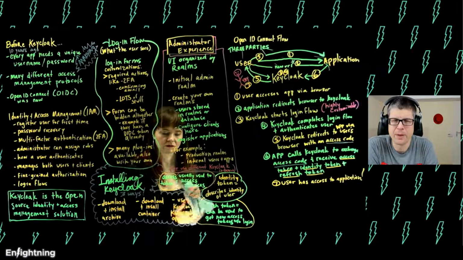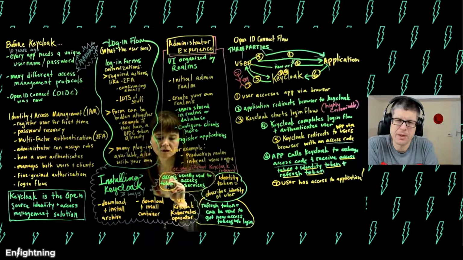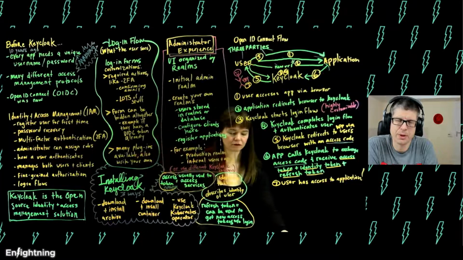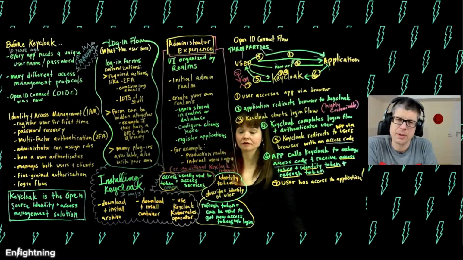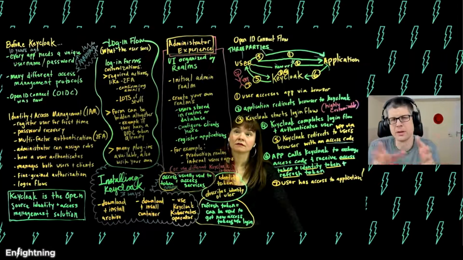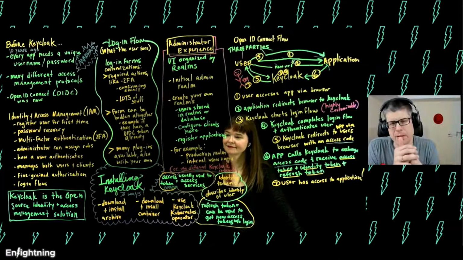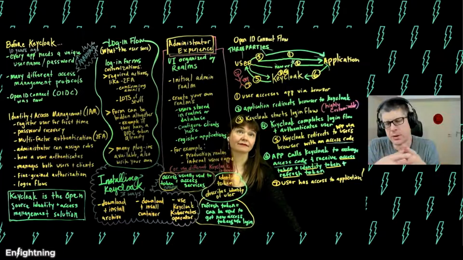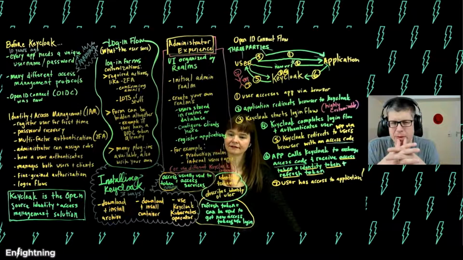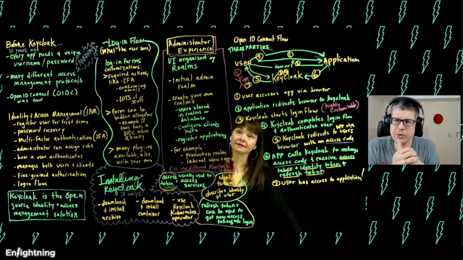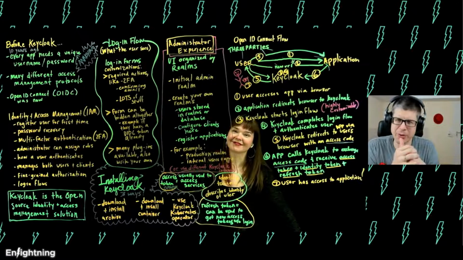But when it comes to Keycloak, the standard says that the identity token is a JWT, a JSON Web Token. So you can look at the string and decode it, and it basically contains JSON in an encoded form. Hopefully the OpenID Connect library in your application framework does that for you. You should probably not do that on your own. But then this access token with Keycloak is also a JSON Web Token.